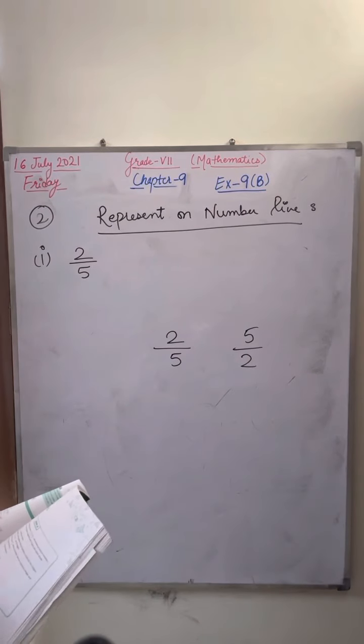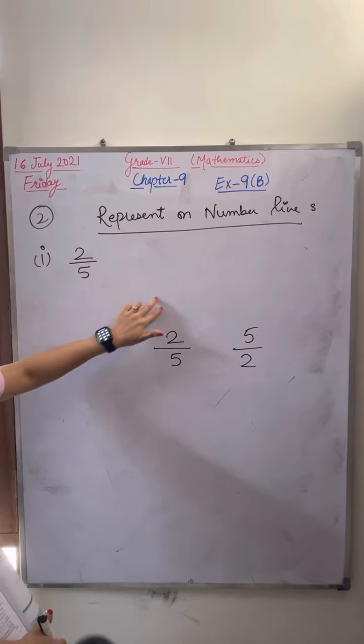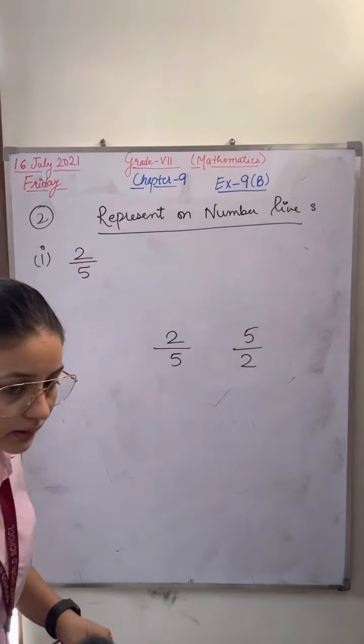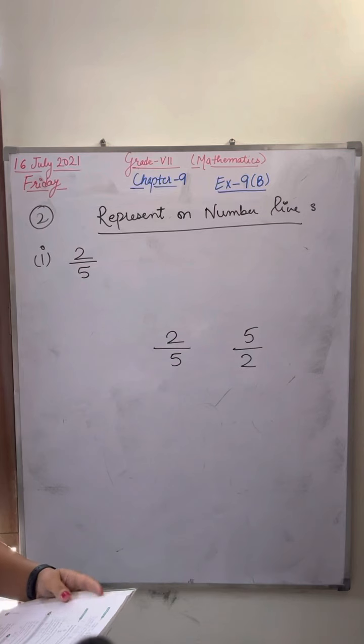Now please tell me, if the numerator is smaller, then the rational number is known as what? If you have done the properties, then you must know this thing. Improper. Tell me. Sorry, Kamal ma'am, please ask Aditya. I think he's sleeping in class. Okay, no worries.